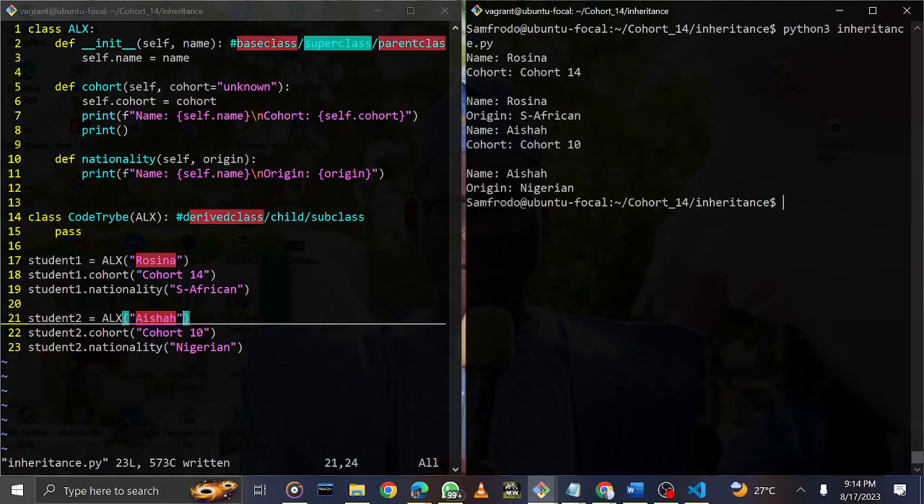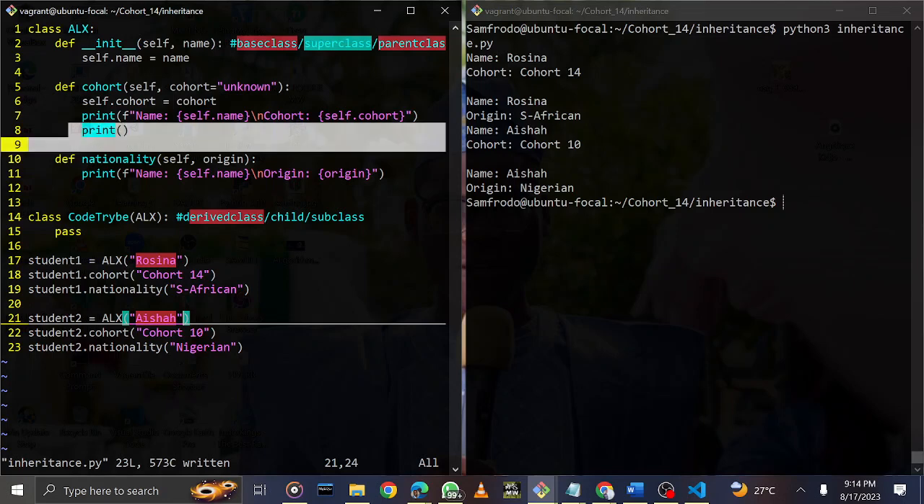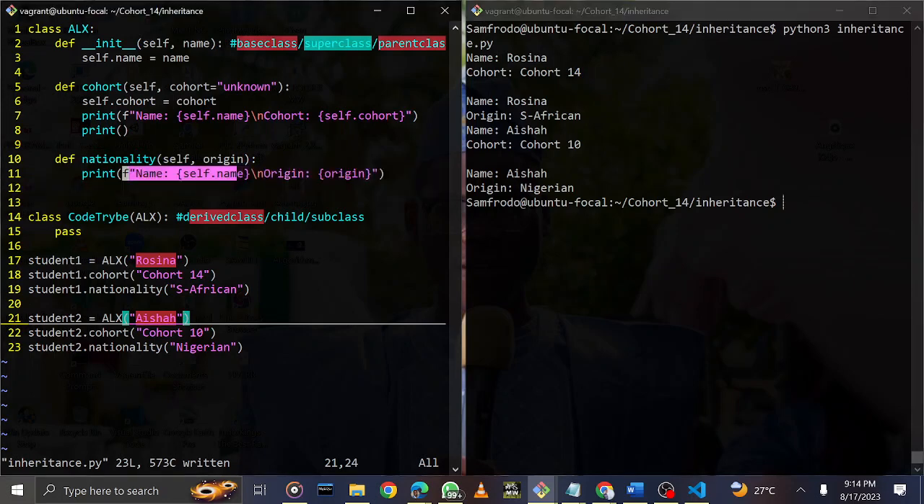Okay, it's printed out something to the screen. So I think it's working. It printed out name. Where do we have name? Okay, yeah, it printed out name and cohorts. Yeah, that's line 7. Then this print is the new line that we have at this particular point. Then our nationality printed out